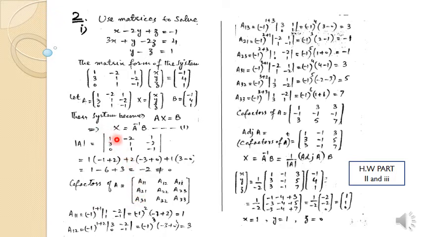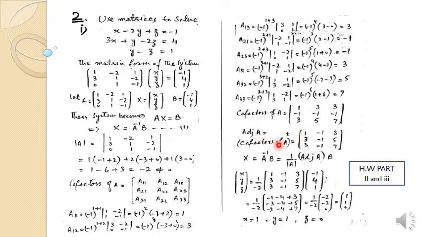Students, you know how to find the cofactor A11: it equals -1 to the power of first row, first column, that is 1 plus 1. So you eliminate the first row and first column. This is the coefficient matrix left, and you have to take the determinant of this. We solved this in previous exercises, how to find the A inverse of a 3 by 3 matrix. Similarly, you can follow the same rule which we did previously. So you will get A11, A12, A13 and all these entries, and you put the entries here.